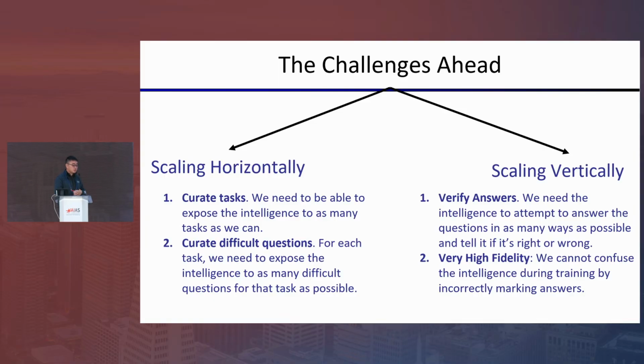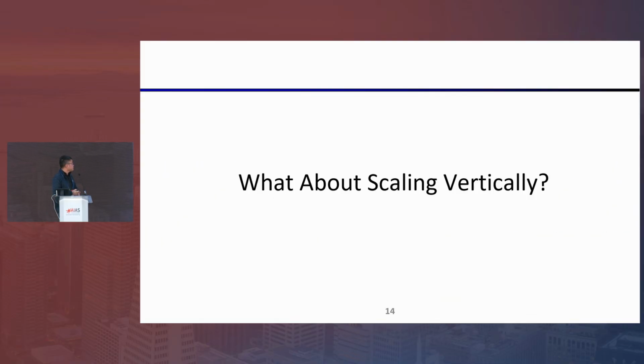The key idea is that we need to make the AI learn following the way that really smart people learn. For example, when really smart people learn, generally there may not be very specific answers. People need to figure out their own solutions. They propose many different solutions. They get feedback. Sometimes feedback is vague, but they are able to figure out what exactly the next proposal should be. So they are able to improve intelligence. This requires a very strong mechanism of verification and very high fidelity of verification, which I will also detail later. First of all, I want to emphasize the aspect of scaling vertically.